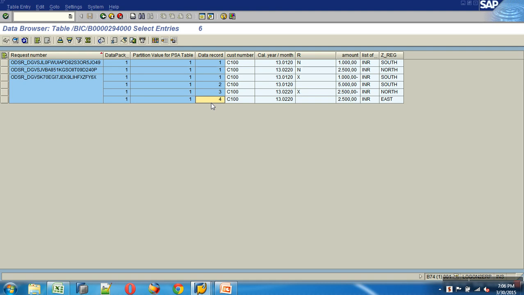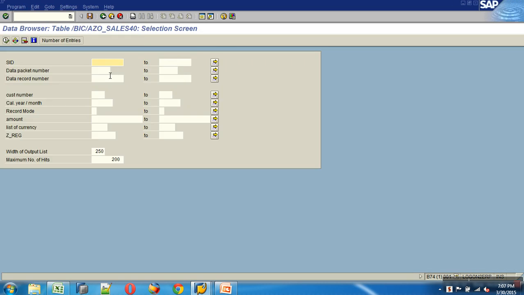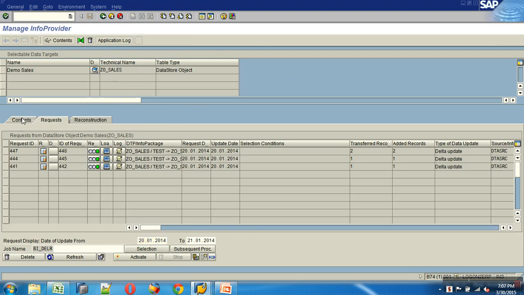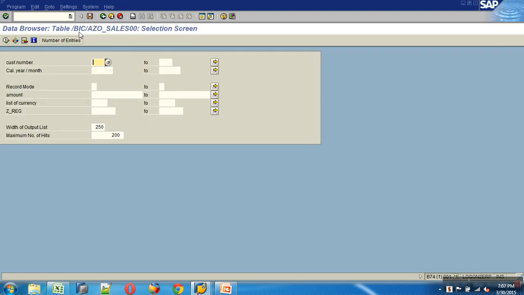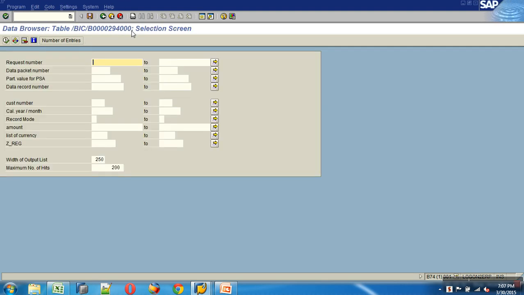So this one is the new data table: /BIC/AZSALES40 is the new table. If you go to contents, the active table is /BIC/AZSALES00, and /BIC/B294000 is the change log.